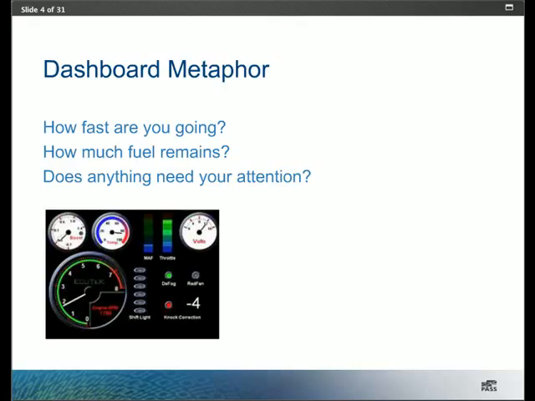So the dashboard is there and put together in such a way to give you these key pieces of information in such a way that you can just glance down, see what you need to see, and put your eyes back on the road while you decide what you're going to do about it, if you need to do anything about it, and then take the necessary action. You don't have time to read instructions about gauges and lights when you're looking at that dashboard. You just need to glance and go. So the information signaling a potentially dangerous situation cannot be ignored, and that shows up in red usually to let you know you better do something.